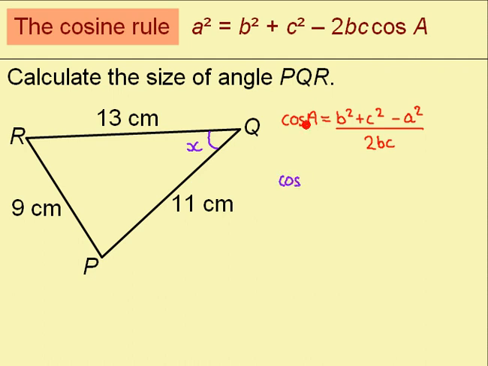So cos of the angle I'm looking for, which is x, is equal to b squared. I said that that was going to be that one, plus c squared, that's the other one that's attached to the included angle, minus a squared, that's the side opposite to the angle. This is divided by 2 times b, which is that number, times c, which is that number. When I type this into my calculator, I need to put brackets here and here, and here and here. Typing this in gives me that cos x is equal to